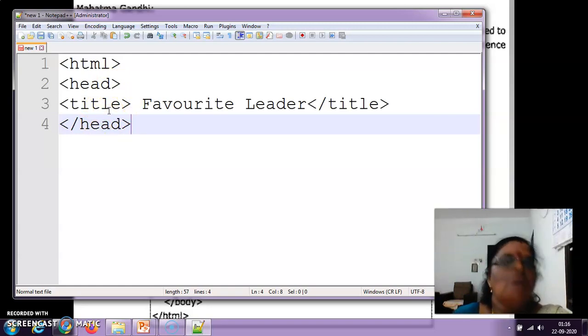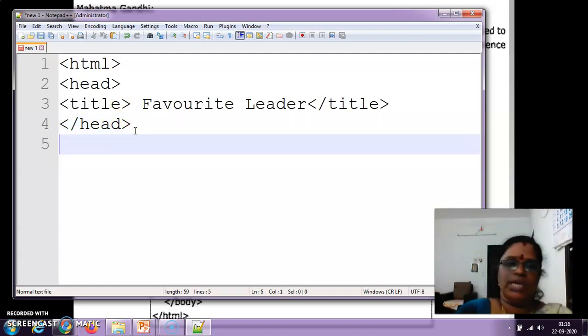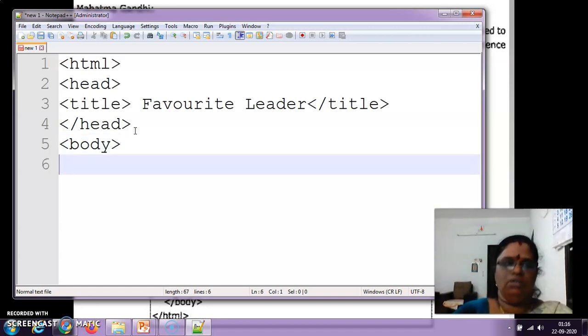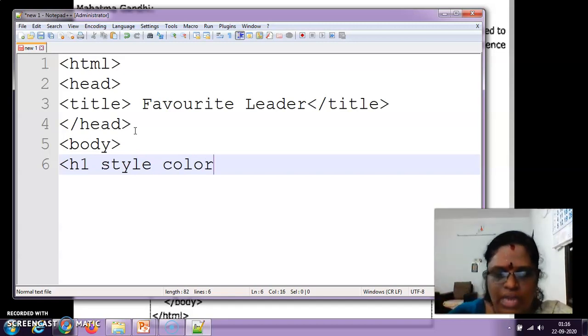But here, what is the question? You want to use the inline. So, we are going to close the head, then the body part here. Yes, children? We are going to write the paragraph here. Before that, we can write the heading, and inside the heading, we can write the style. Color is spelled COLOR, not COLOUR, right?